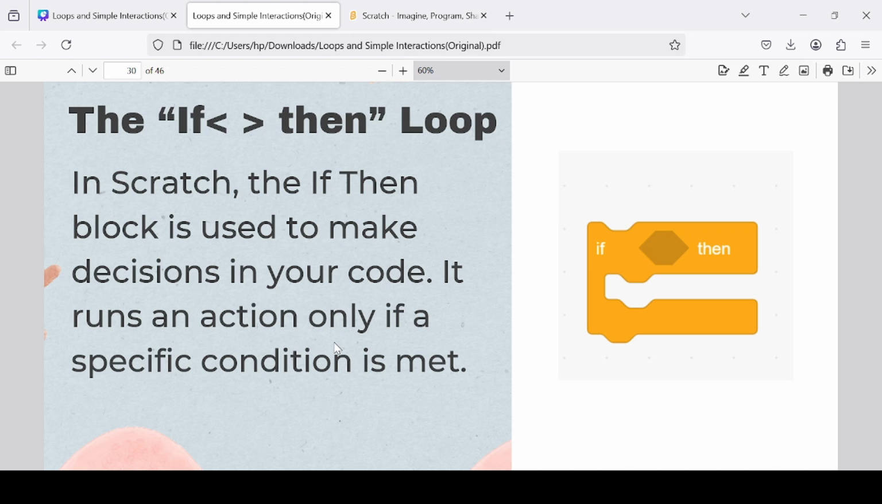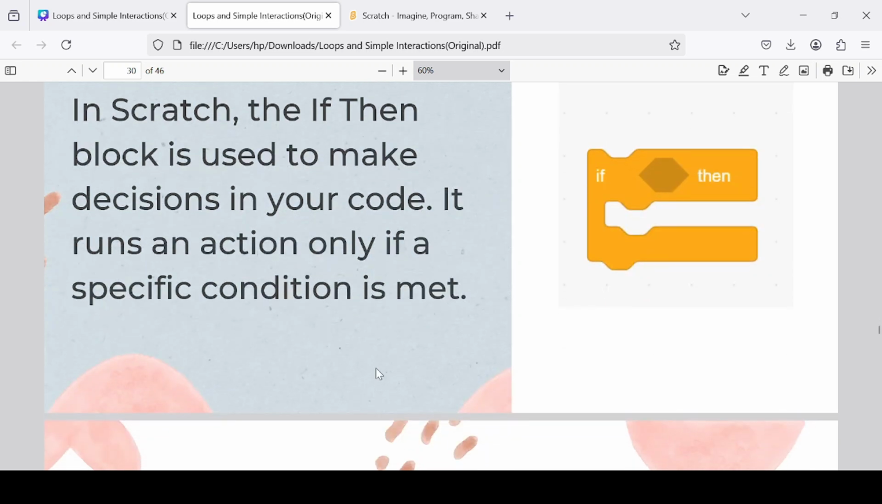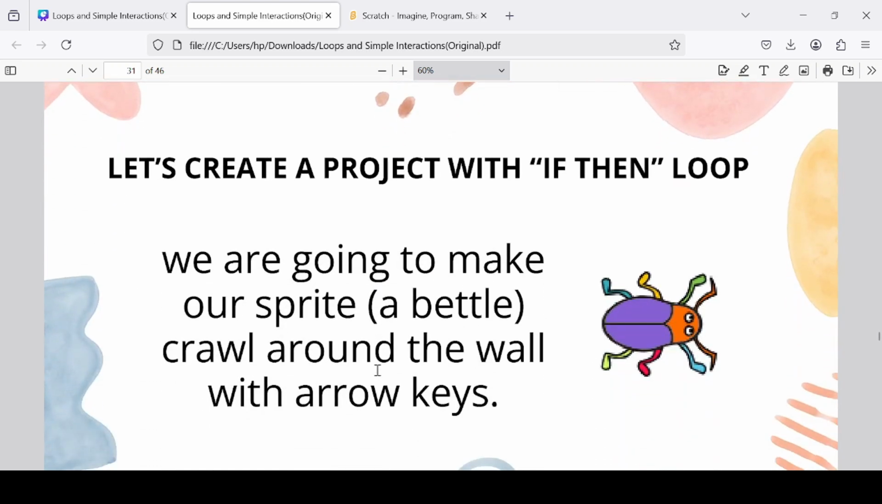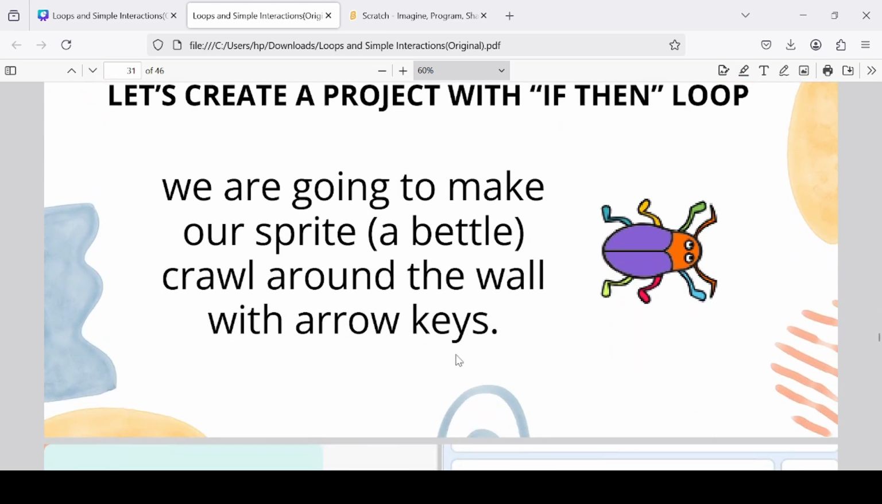Okay, so now we're going to do a particular project to help you ascertain how it works. Okay, this particular project will make you learn how the if-then loop works in Scratch. And it will also make you learn how you can use your arrow keys to move around. Okay, it's like you're learning two things. Once you learn how the if-then block works, and then you learn how you can use your arrow keys to move around sprites on